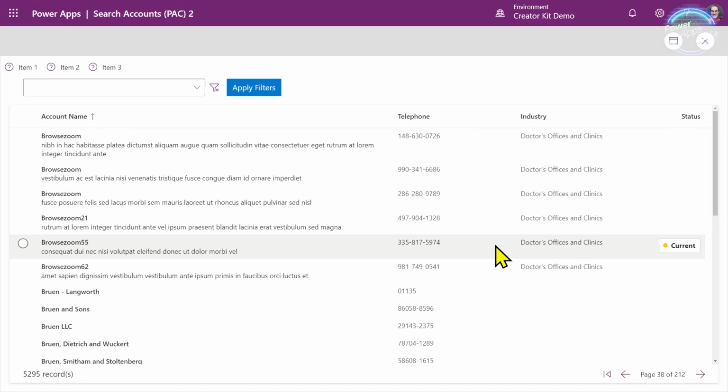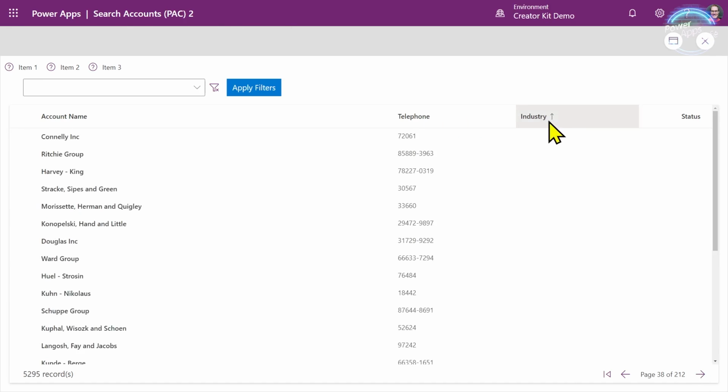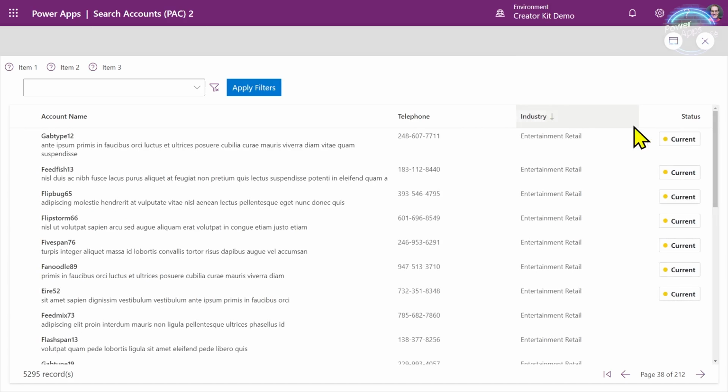But say we wanted to use some manual sorting, so we didn't want to use the internal sorting, maybe we wanted to use add columns so that we would convert our data set into a collection and therefore break that linkage between the details list and our data source. Or maybe even we wanted to control which column we were sorting by externally to the control, rather than relying on the fact that the user has to select the columns. So how do we go about doing that?